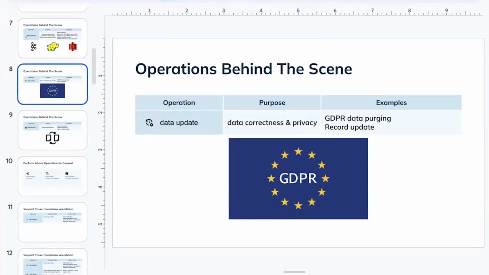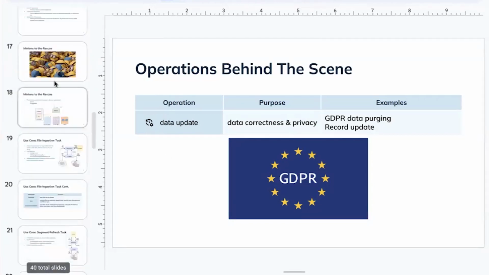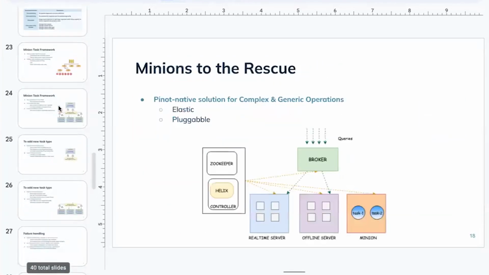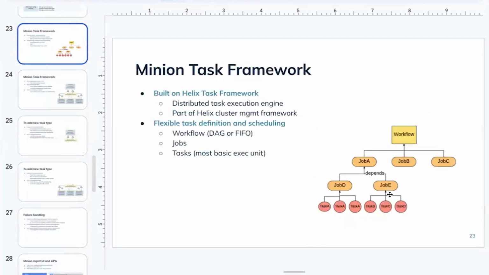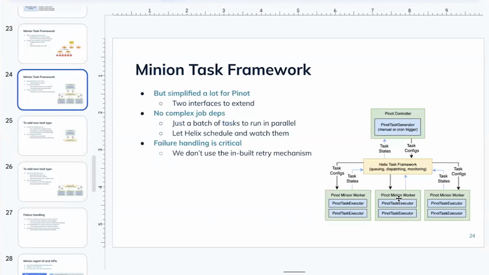Oh, so I think what you're asking is about actually having this DAG here, right? Right now, we are not able to compose multiple operations in the Minion framework. Even for consistent push or segment replacement, we had to do something similar. So I think that has come up. We want to do that actually, but we haven't gotten to that.